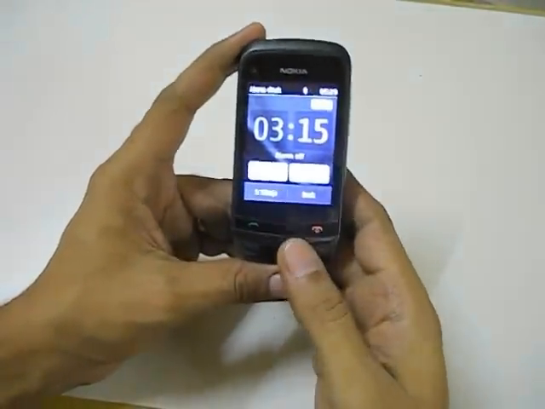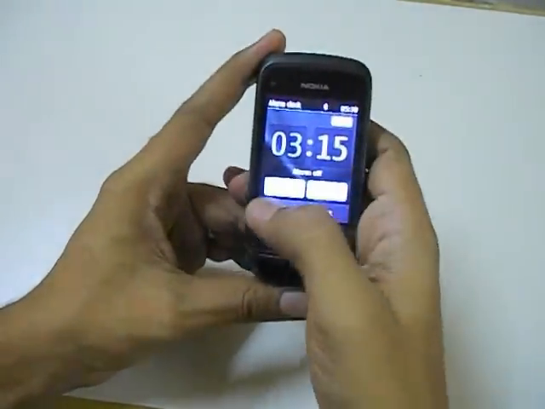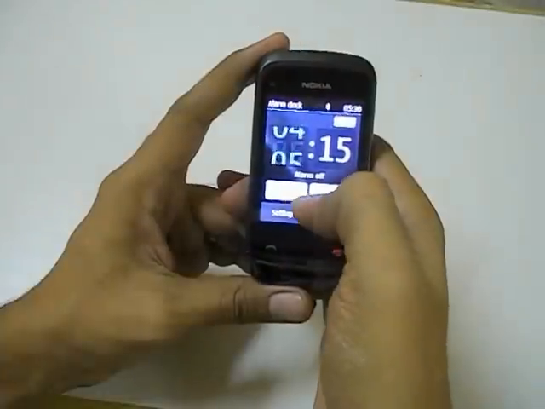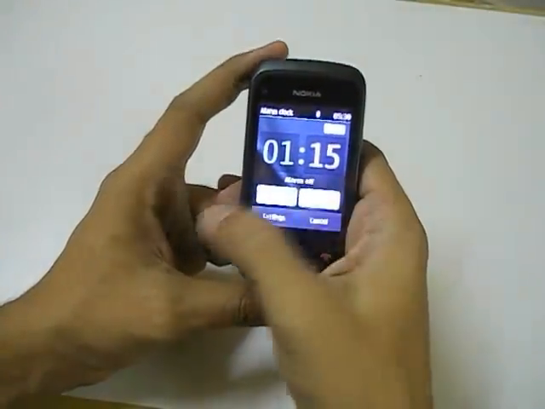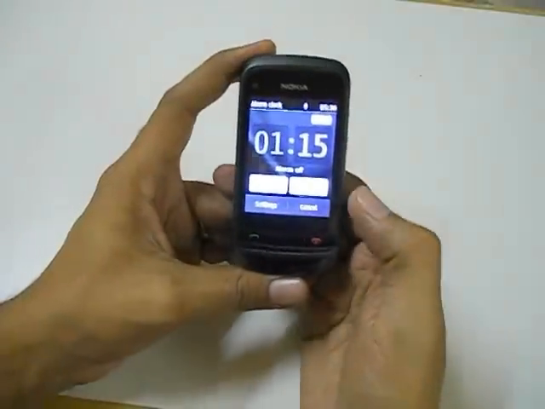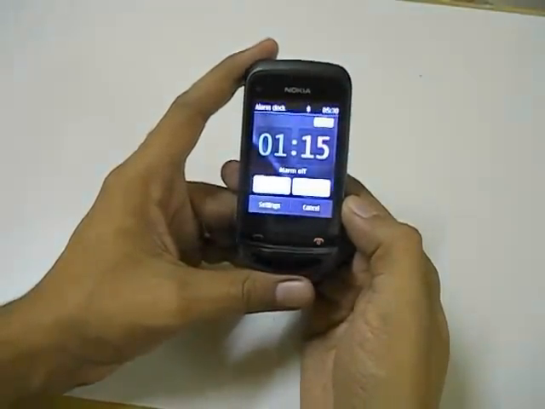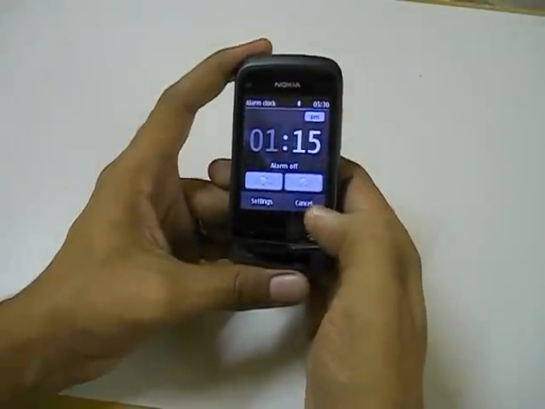To change the alarm time, you can either use the keypad or there's also an option to scroll. This scrolling is not available while setting the time for countdown timer or stopwatch. Scrolling is only available in alarm.